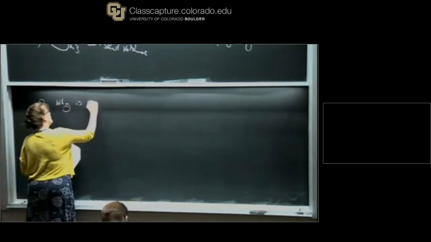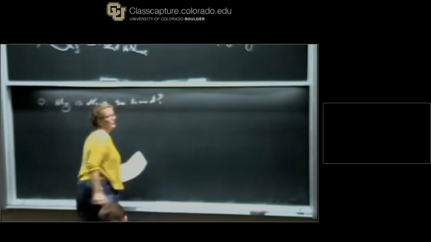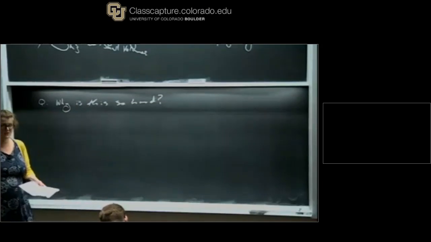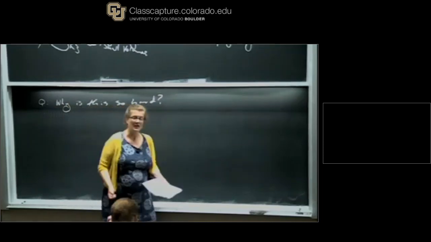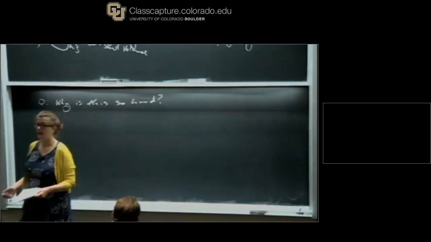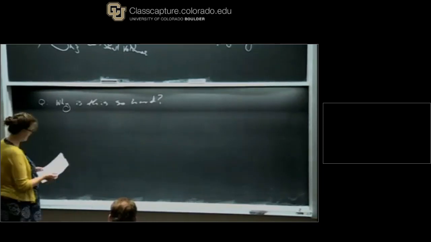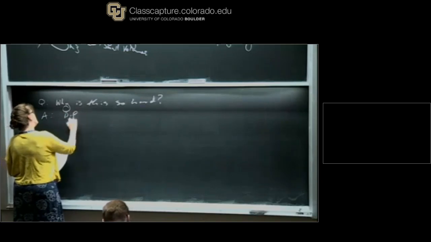Why is this so hard? Why is it that I can basically write down only a couple of general SU(3) structure solutions, and the couple that I write down appear to not be very physically interesting? Why is that so hard compared to the completely torsionless case of a Calabi-Yau compactification? And the answer here is the difference